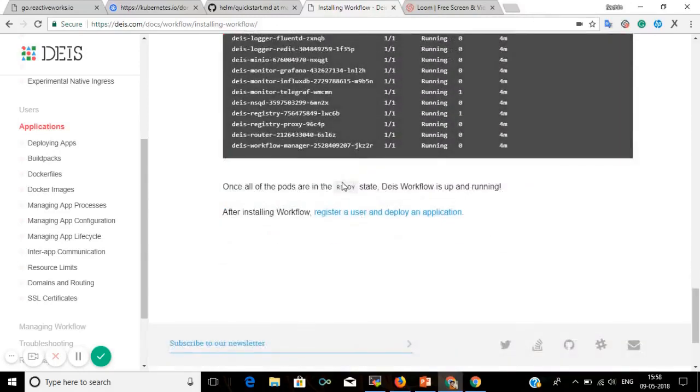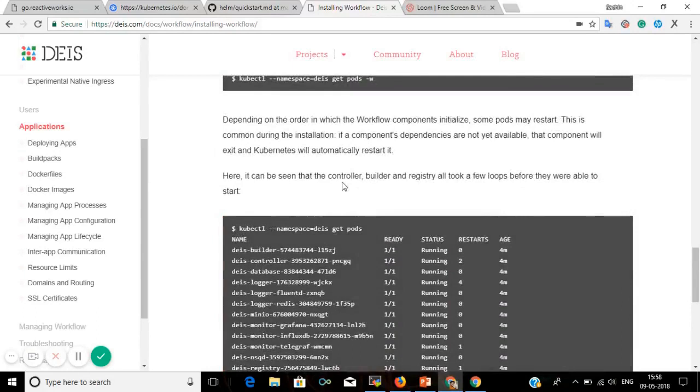It's quite a lengthy process the first time we deploy Deis. After deployment and configuration of Deis, it will become very easy to manage the applications. I will show you later how we can easily deploy an application by using an already built Docker image and the Dockerfile.